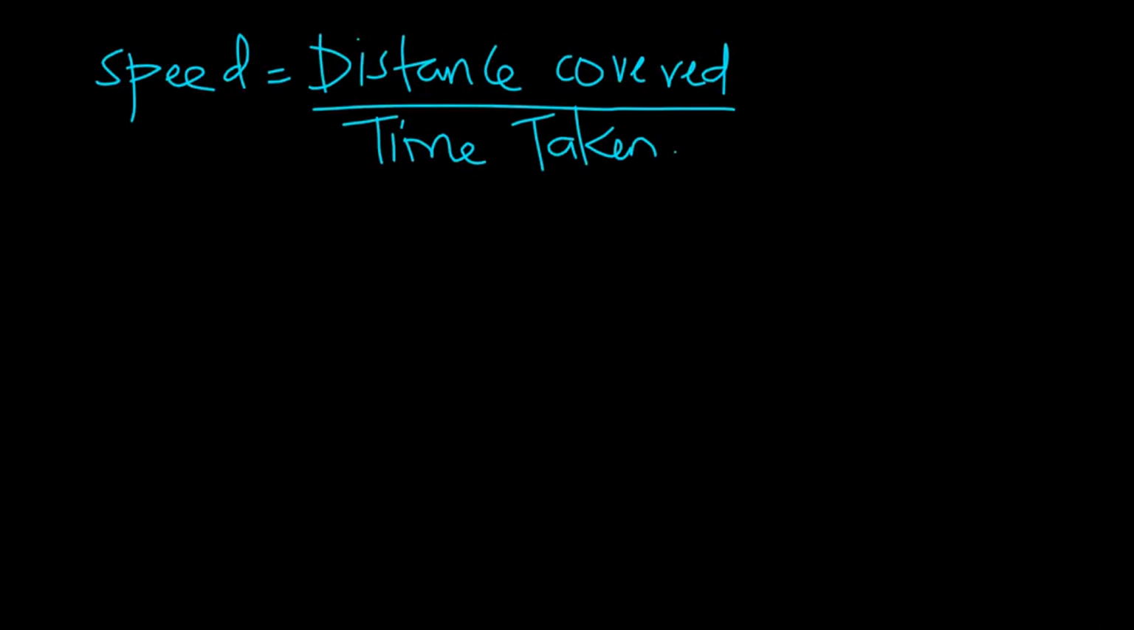So in the last video we learned about the relationship between speed, distance and time, where we found out that speed is equal to distance covered divided by the time taken. We also looked at some examples on how we can calculate speed given distance and time. And if you happened never to watch that video, you can check it out via the link in the description